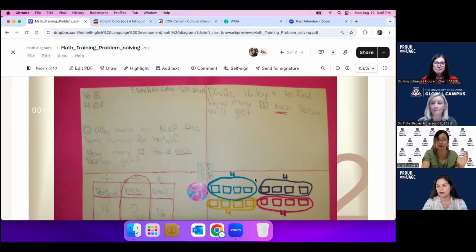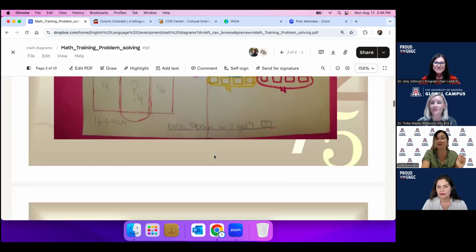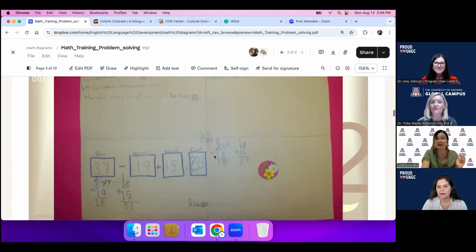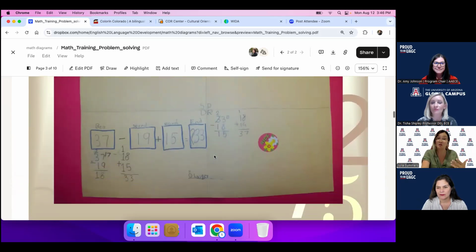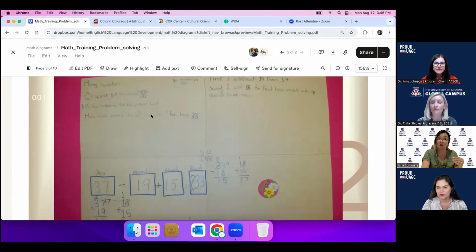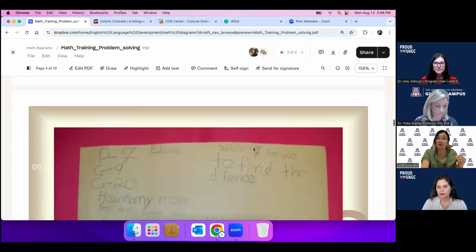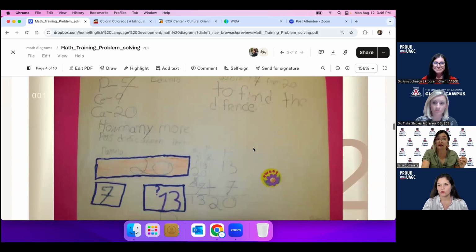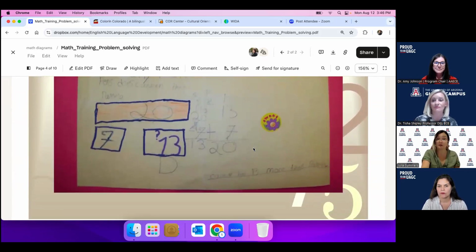And I was not even in the classroom with them, but I know that they were doing see, plan, do, reflect. They were doing the little diagrams. And so each word problem obviously requires a different diagram. So they knew which diagram to use. They knew that they have to solve the problem and show me their work. And so that is one way to increase that comprehensible input.